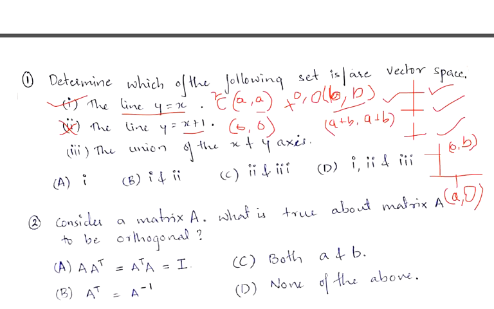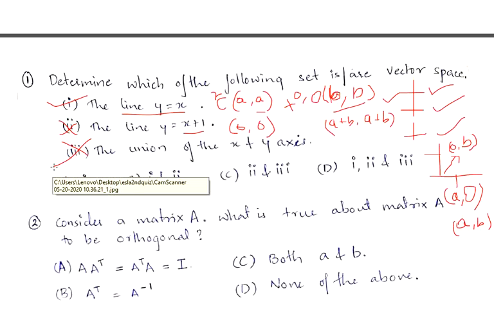This is x and this is y. So if you try to find out the condition of superposition, a plus 0 is a and 0 plus b is b. So a comma b means the vector stands somewhere here, right? It is neither on the x-axis nor on the y-axis. So this is also not a vector space. On the union of both lines, we don't get the resultant of the addition of any two vectors standing on those two axes. So only one is correct.